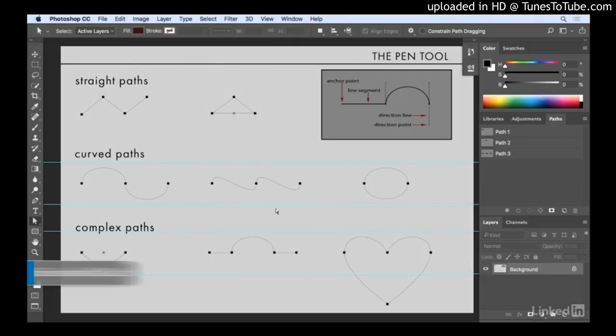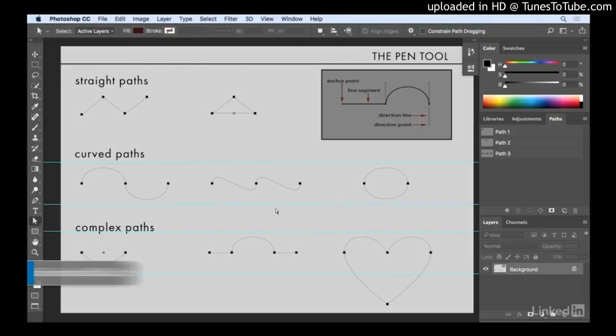Now, what if I wanted to make this into a corner point? Well, if I hold down the Option key, you can see that my cursor changes when I position it on top of the anchor point. And if I click, it will convert it into a corner point. If I want to convert it back to a curved point, I can click again holding the Option key and drag out to the right in order to create the curve.